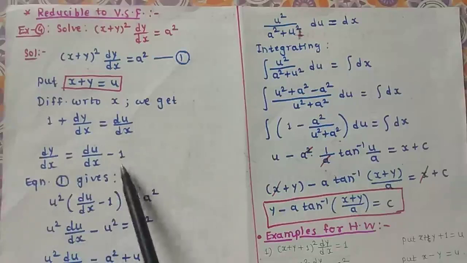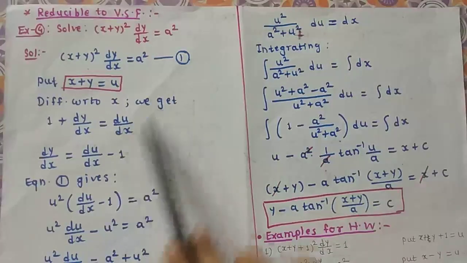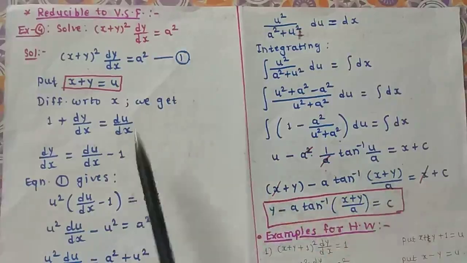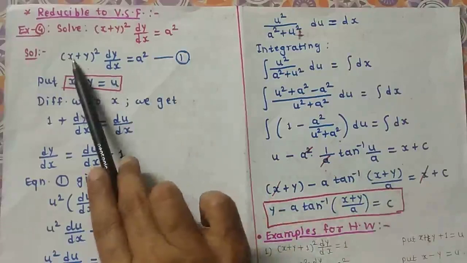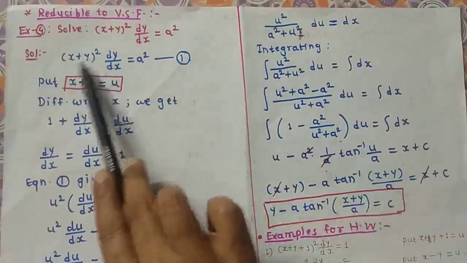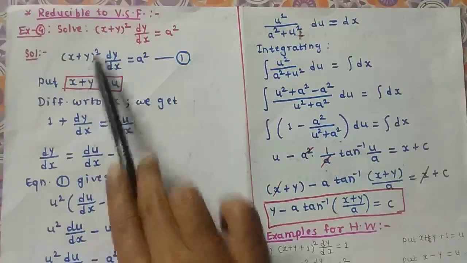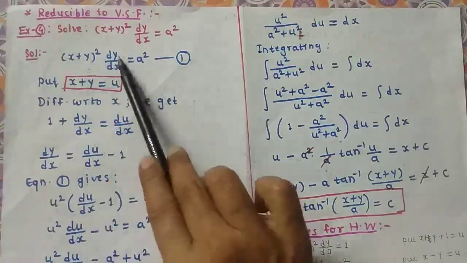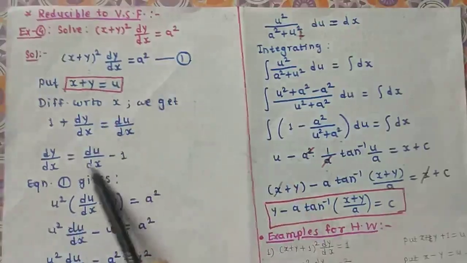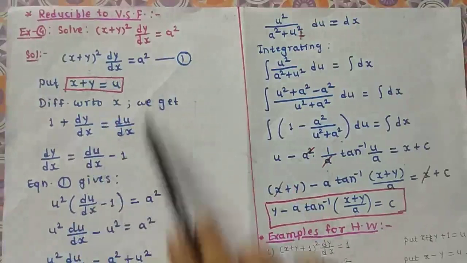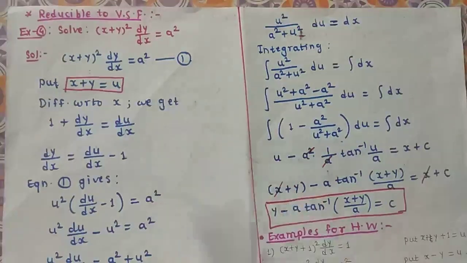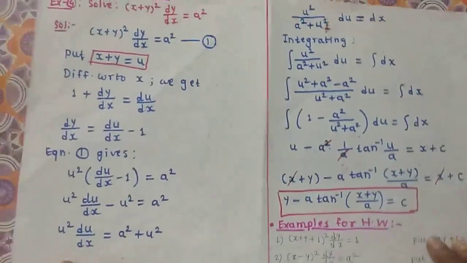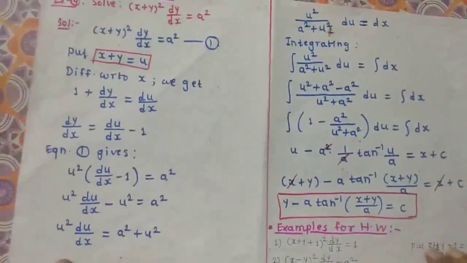Now we substitute this value of dy by dx in our equation number 1, and hence equation 1 gives us, now let us see, there is (x plus y) square, so it is nothing but u square, right, u square into dy by dx. So this is dy by dx, equals a square as it is. Now we simplify this equation, and hence we get,